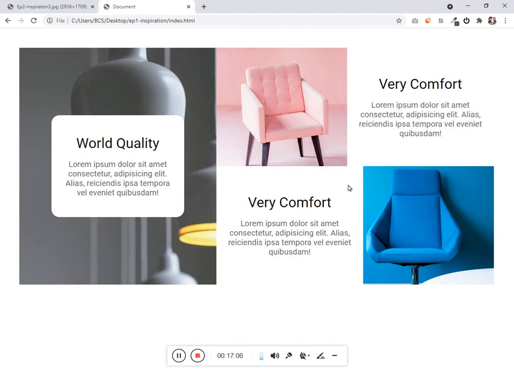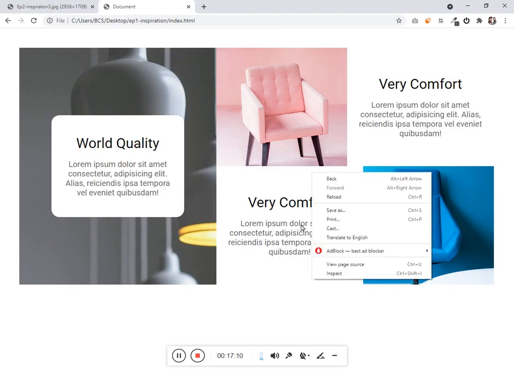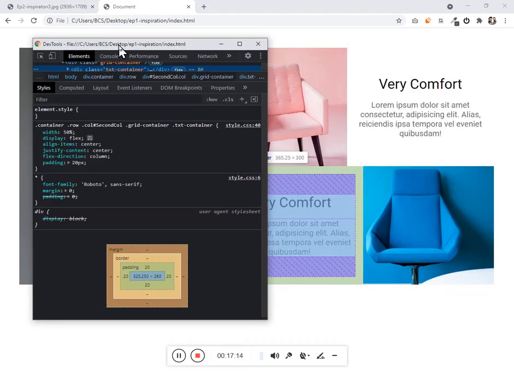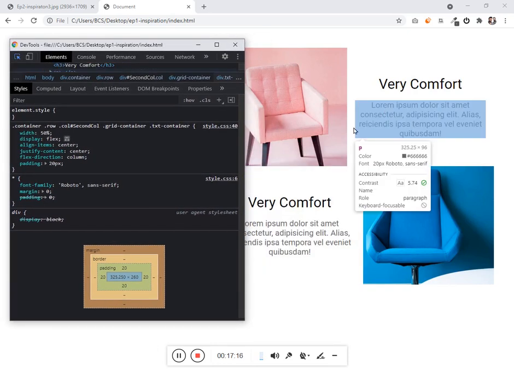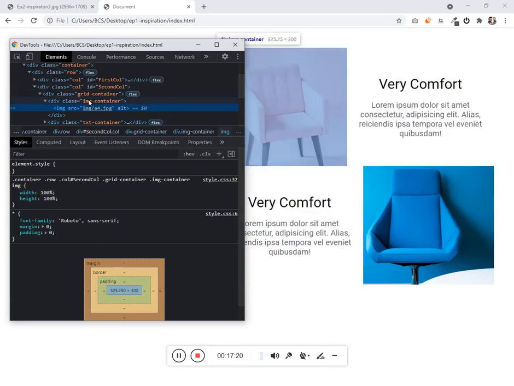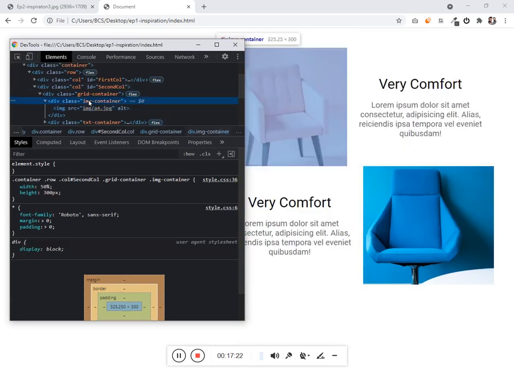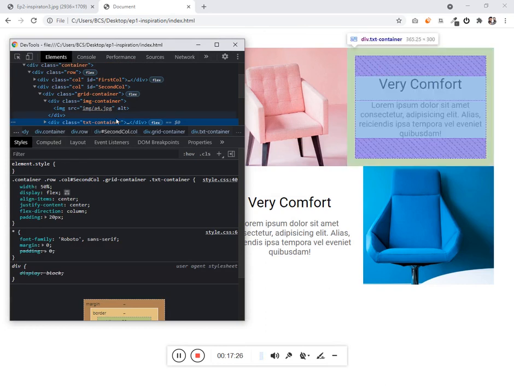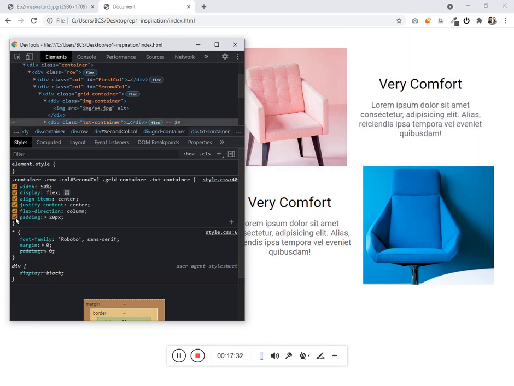Now this design, so it is taking 50-50. Let's inspect and check. Get this guy. So it should take 50%, and the text container needs to take 50%. But if you see, it is taking padding.